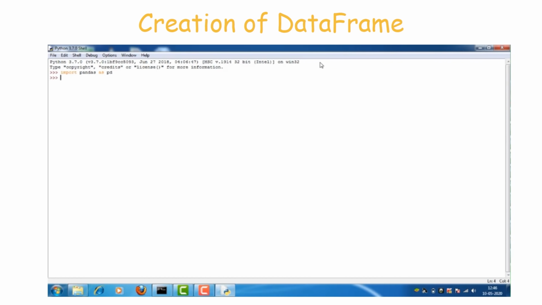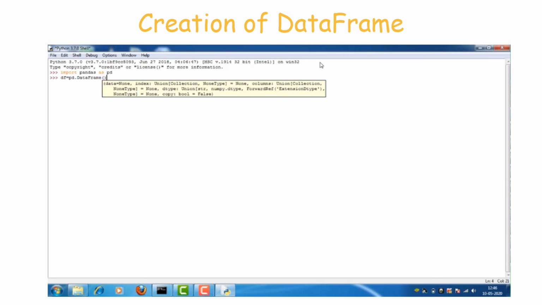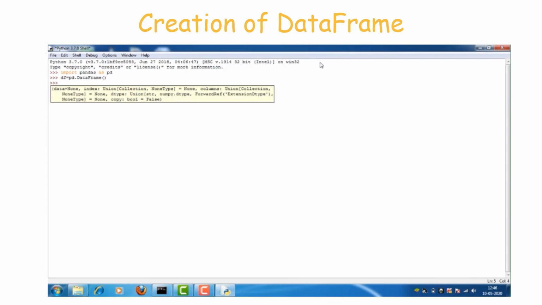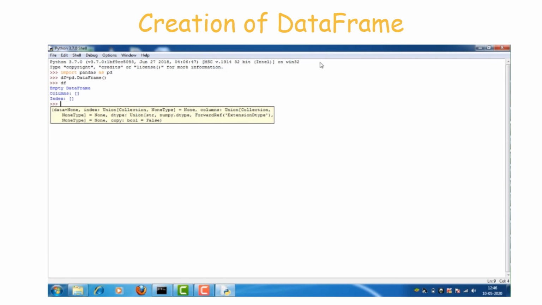In this example I am creating an empty data frame. So df is equal to pd.DataFrame. No argument is given, so an empty data frame is created. So df has no values, it is an empty data frame.